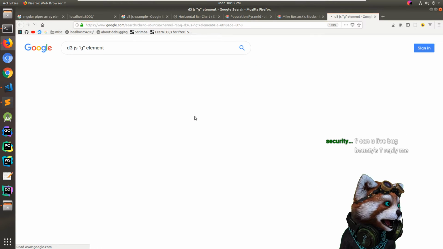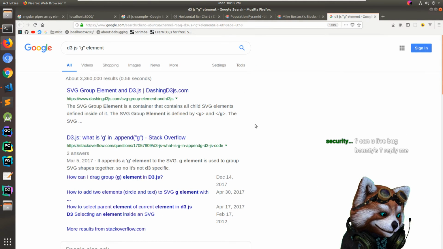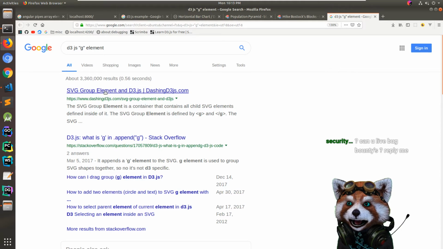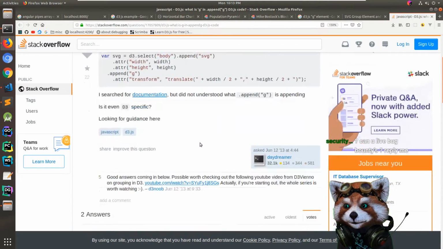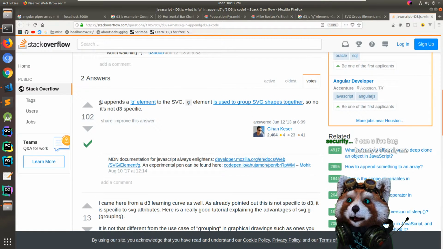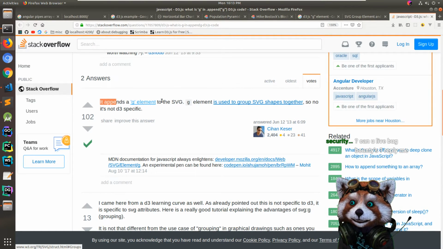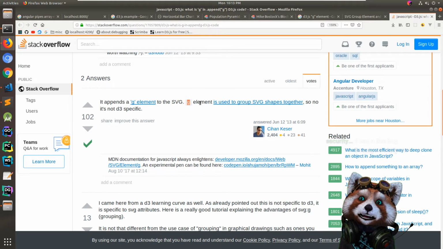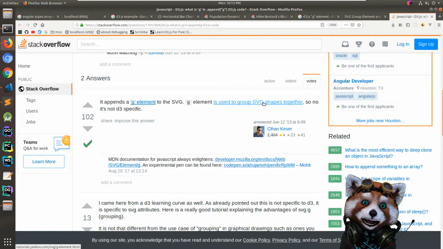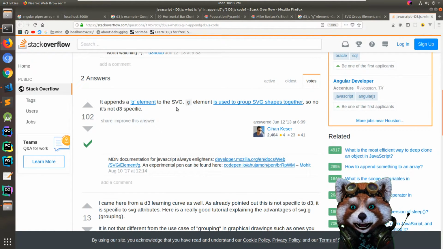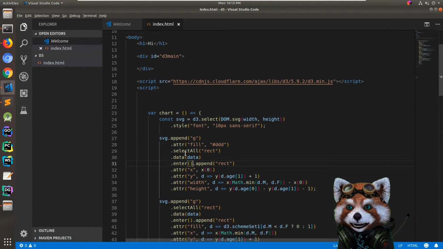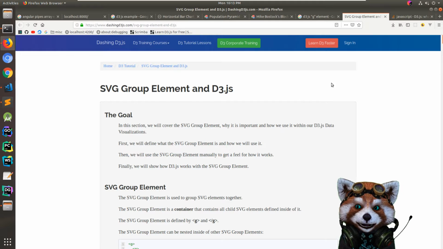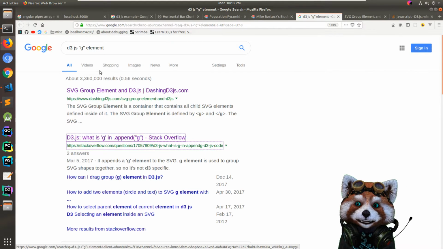D3.js G element. Let's see. What is G? It appends a G element to the SVG. G element is used to group SVG shapes together. Oh, so it's a group. Got it. A group. I'm not familiar with SVGs too much either, so